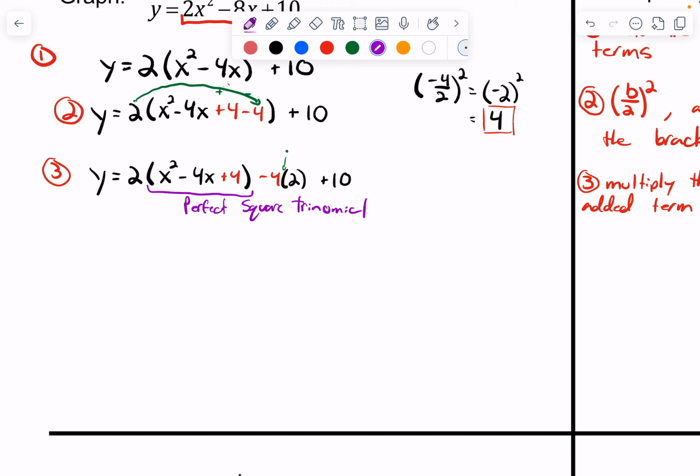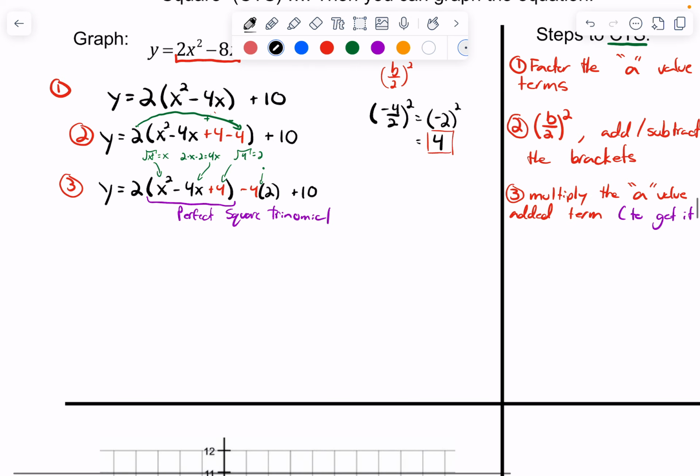And remember, when you have a perfect square trinomial, how do I know it's a perfect square? Because you can take the square root of 4 and get 2, and you can take the square root of the first term. And those square roots, that x and that 2, when you take 2 times x times 2, you get 4x, which is that middle term there. So again, this is a perfect square. So with a perfect square trinomial, all right, so then step 4,